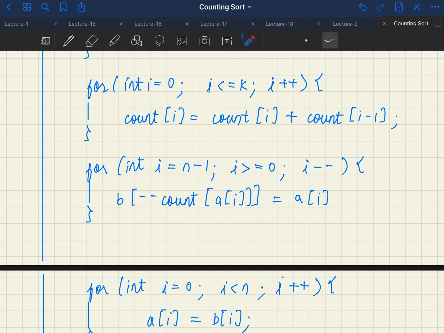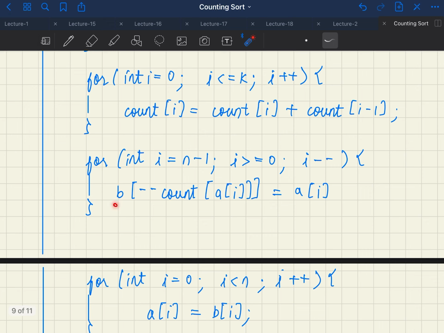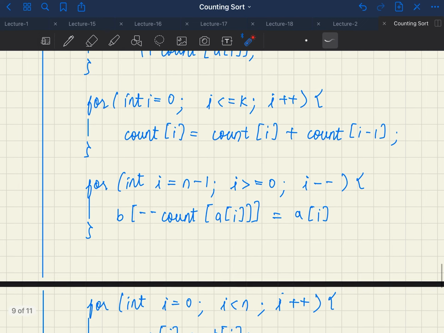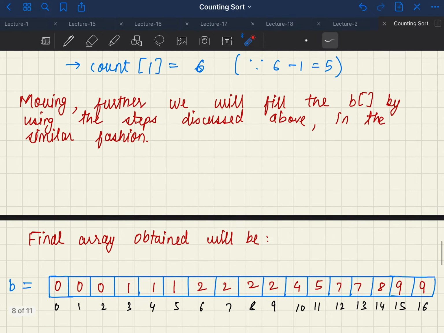In this we are iterating in array A from n minus 1th index, which is the last index, and going till the 0th index. In this we are storing in array B the decremented value of count array, in which the element of count array is the element which we are receiving from array A, as you can see here.